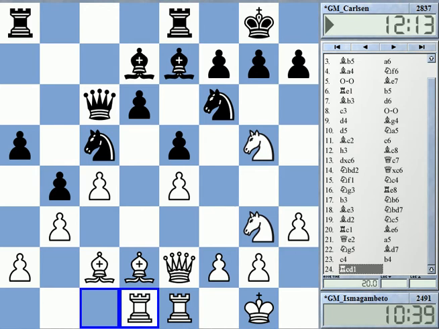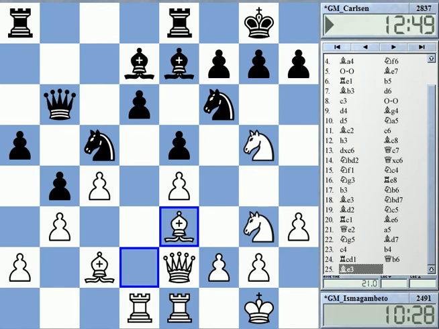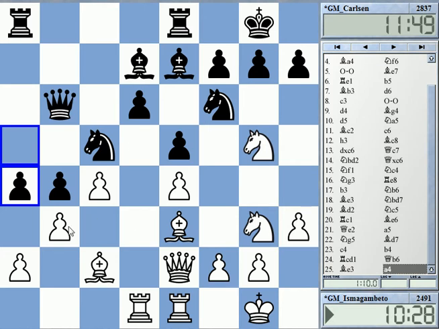Rook to d1, maybe trying to do something on d6. Queen b6, bishop, and a4. And this exactly is the point. This pawn structure here is a bit vulnerable to pressure on b3. This b3 point now gets real